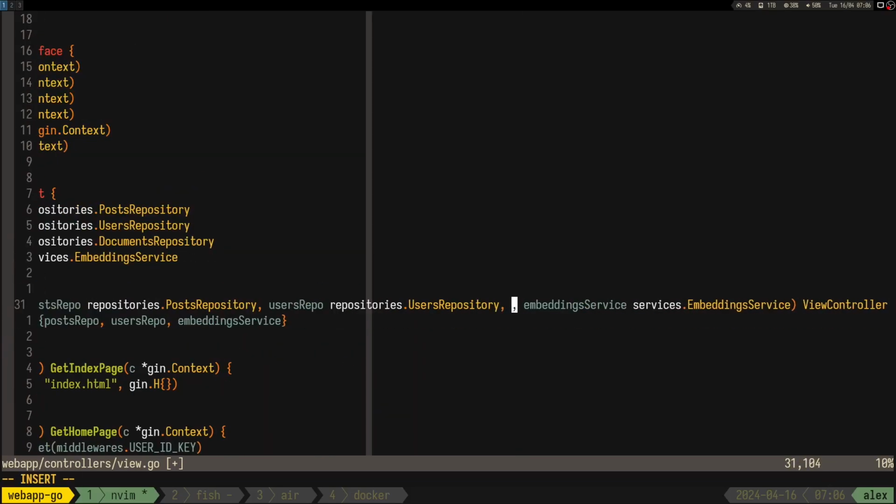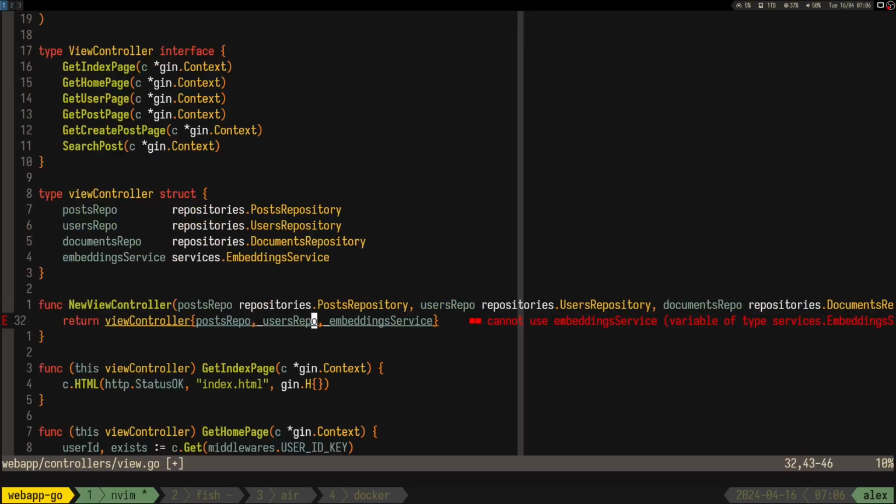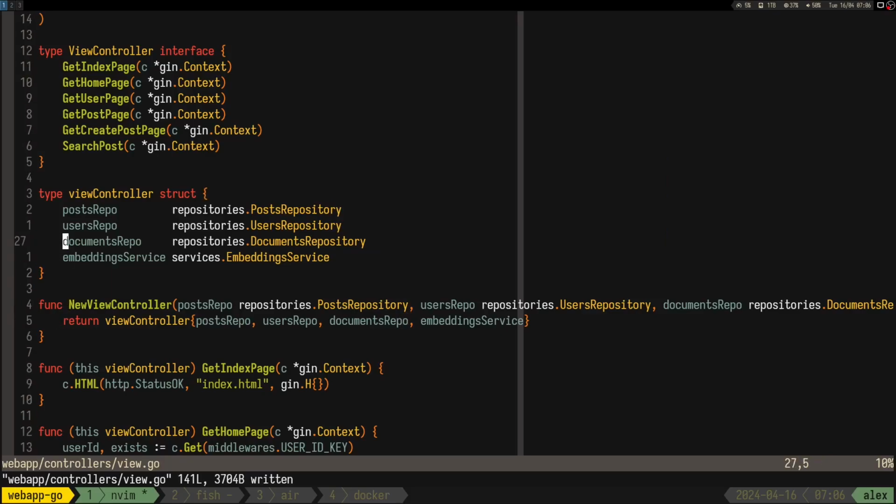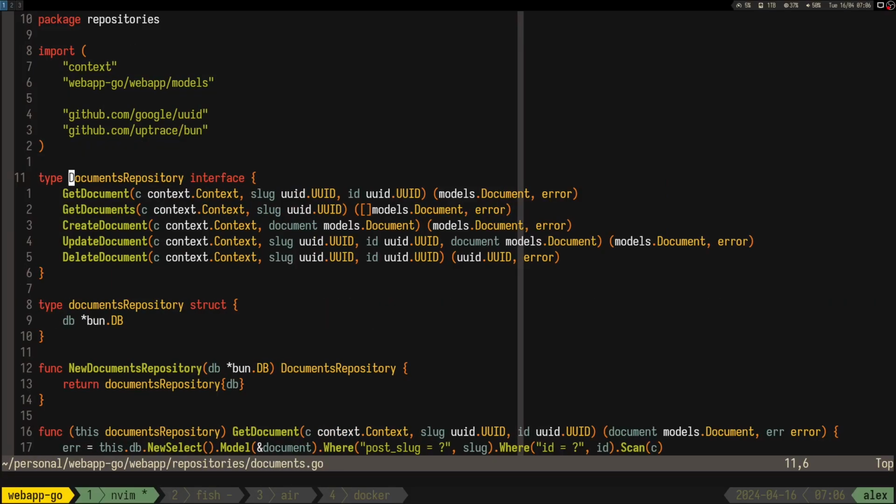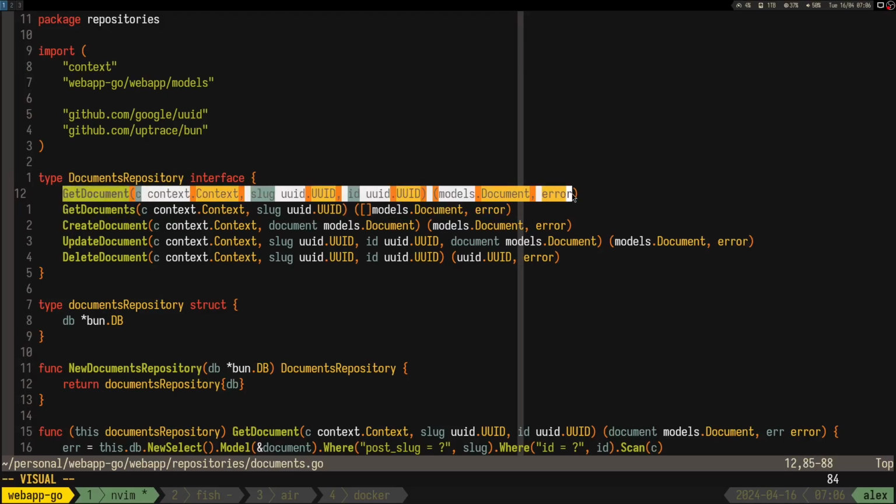Like adding here documents repo, because with this one we can do a get document. I mean, I'll do get document because I'm lazy to implement the